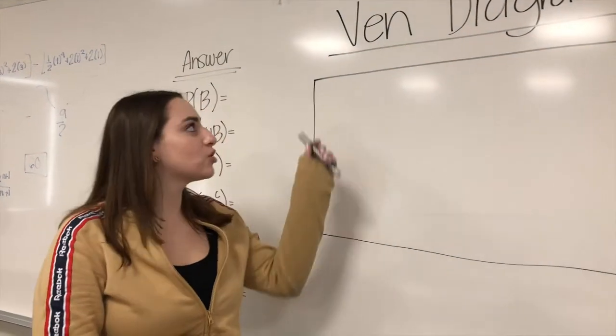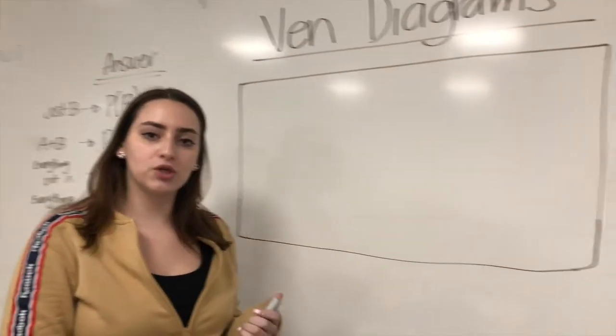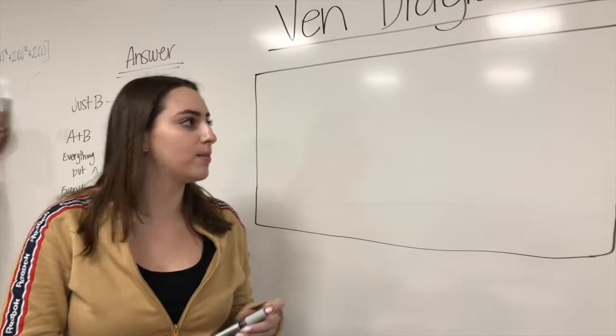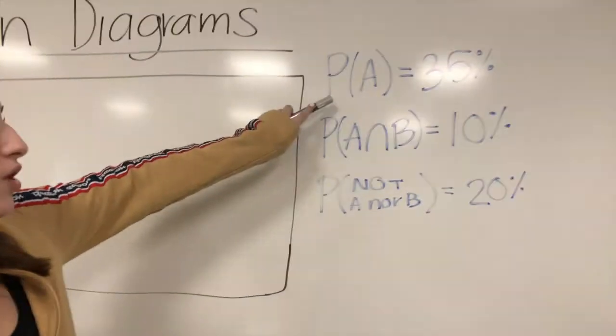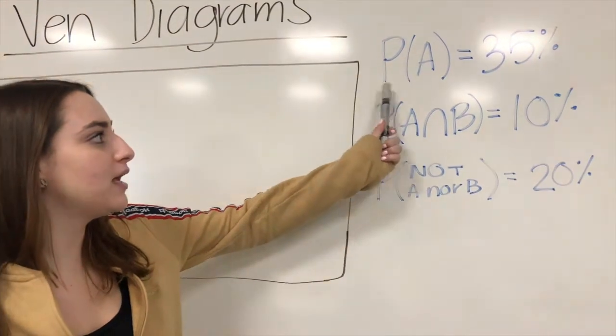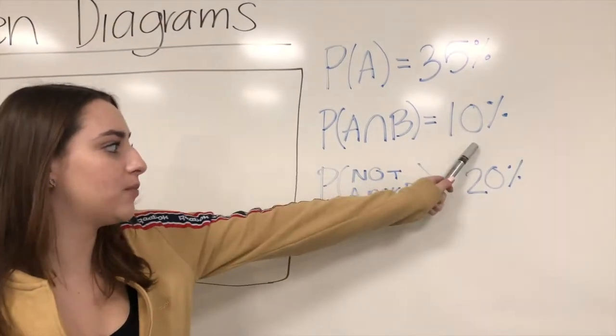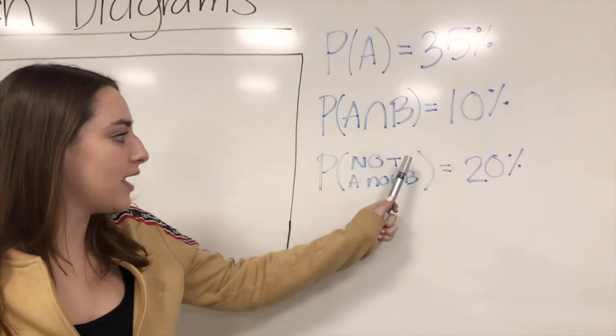Hello, so today I'm going to show you how to do Venn diagrams. Venn diagrams are used to classify information, if they have something in common or not in common. This is the information that we are given. We know that the information given is P(A) equals 35, P(A intersection B) is 10%, and P(not A nor